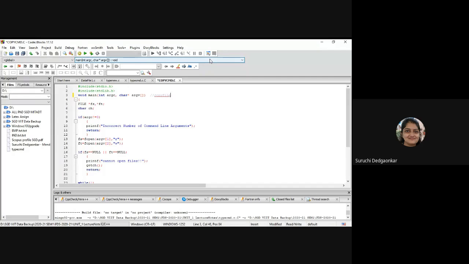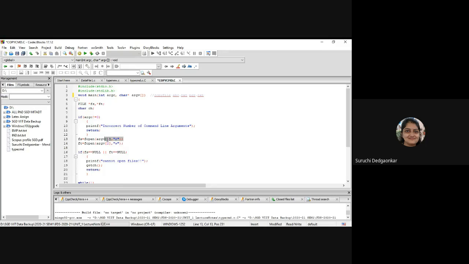Suppose this is my output file name, and I want to copy from abc.txt into pqr.txt. These are my source and destination files. So from abc.txt I am reading and in pqr.txt I am copying. Okay, so I am opening. I need now three command line arguments. If the arguments are proper, go ahead.